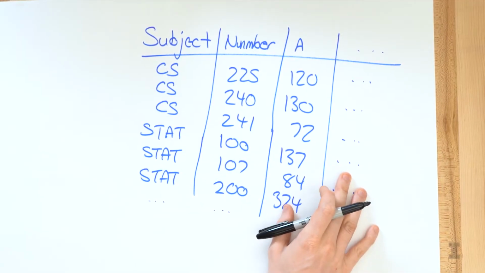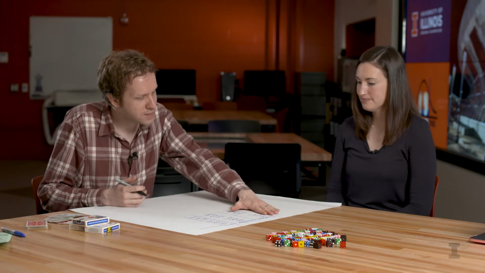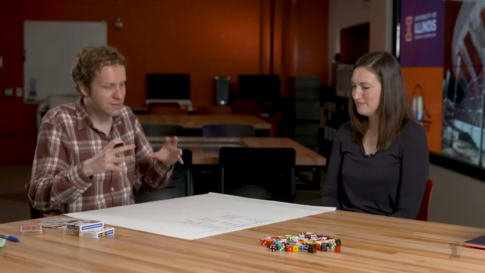So we're going to look at the GPA dataset here. I've prepared a little bit of data from the GPA dataset. And we may want to start to answer questions that we couldn't answer beforehand, like what if we want to talk about everything that happens in computer science or everything that happens in statistics and find summary data about groups of data inside of our data set? So in this series, we're going to dive into talking about grouping data in Python.